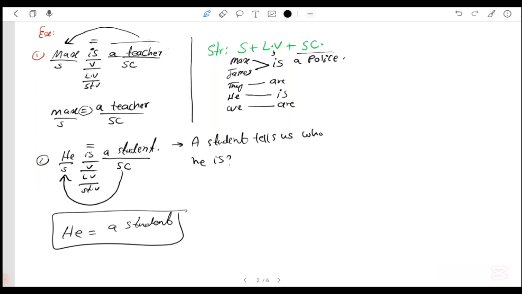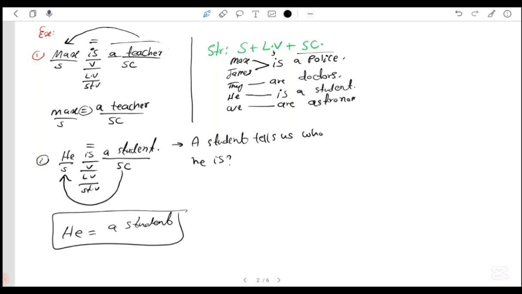And let's say they are doctors. So we have a subject, we have a verb, we have a subject complement, right? Let's say he's a student,